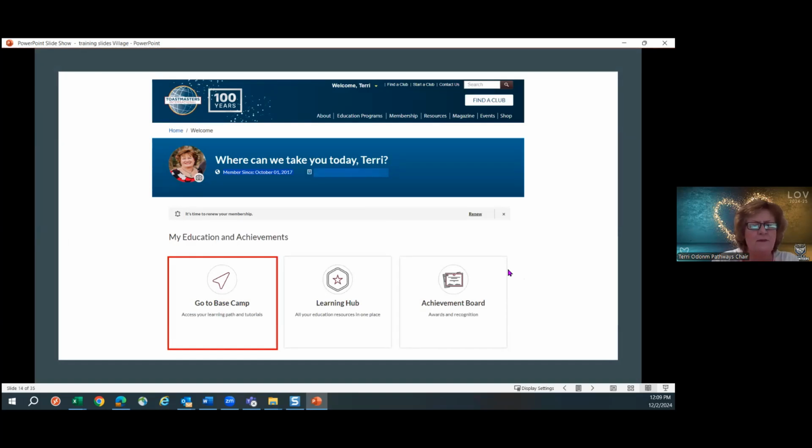One other thing I want to point out to newer members that you're going to notice as we go through, you'll know when you're in Toastmasters International because you'll see this Toastmasters sign up here. As we get into Pathways, that will change, and you'll see the difference in the upper left-hand corner. Sometimes people used to get a little confused as to where they were. I don't think it's such a problem now that they've updated Pathways, but I just wanted to point that out to you. So we're going to click on the Go to Basecamp tile,